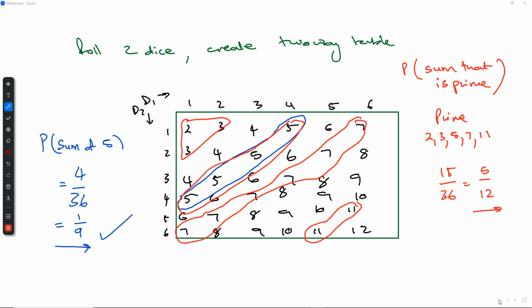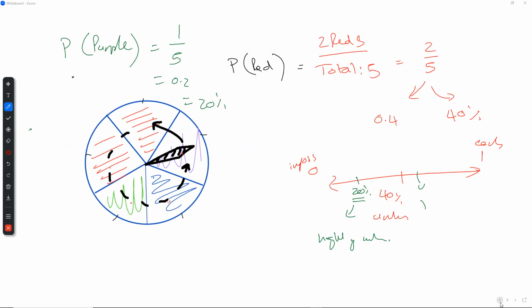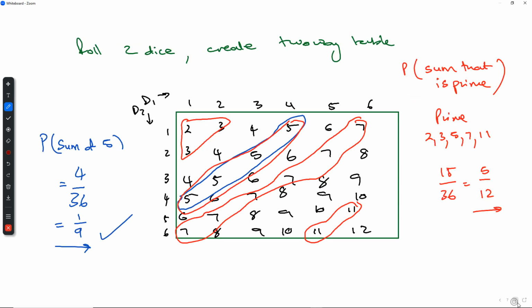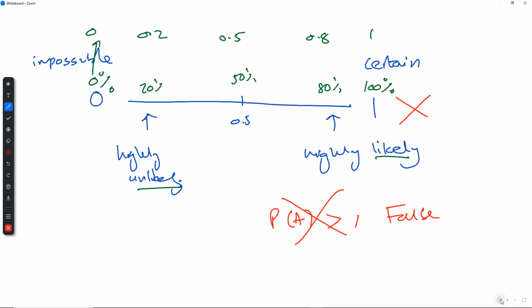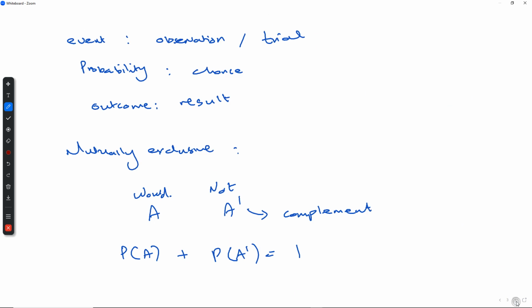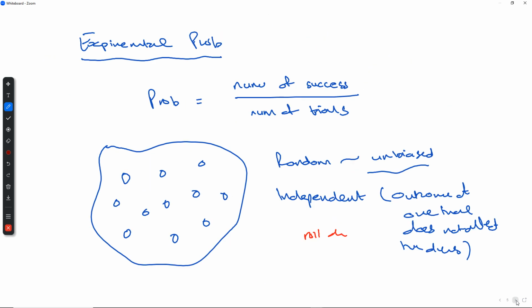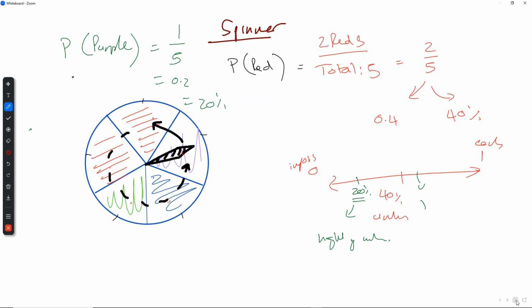We have our two-way tables. We have our sectors where we're flipping, or you can also call it a spinner. That thing spins, and we find the probability. The other one is we can also have a bag of different colored balls and then choose from there as well. So the concept of probability brought to you in one go. All right, and the idea of experimental probability as well.